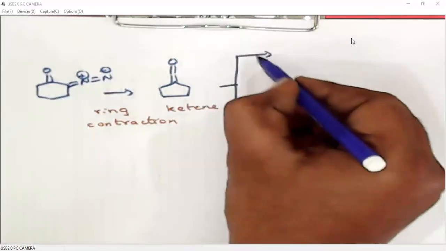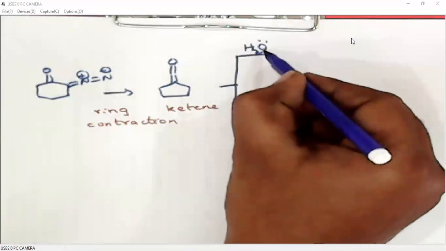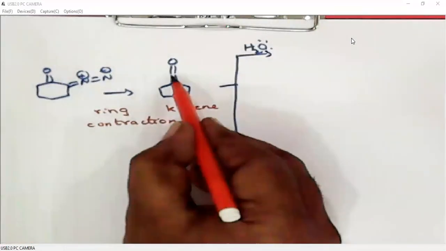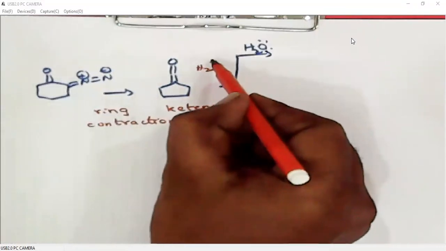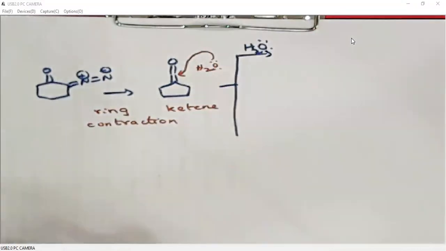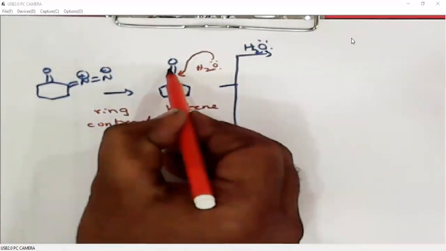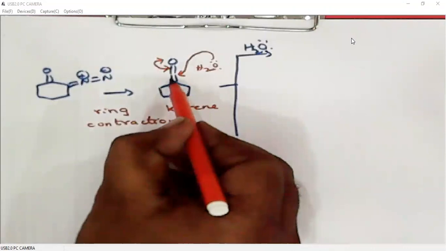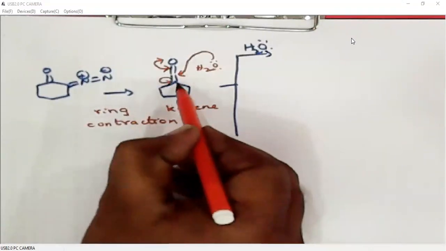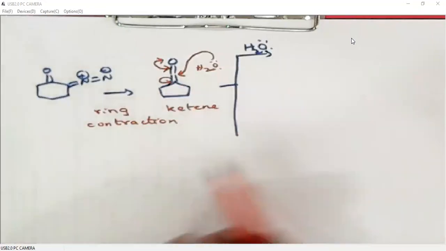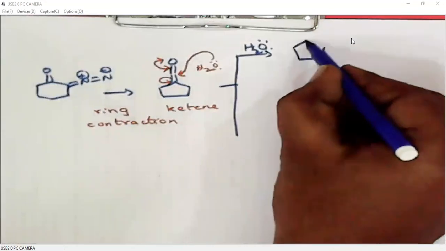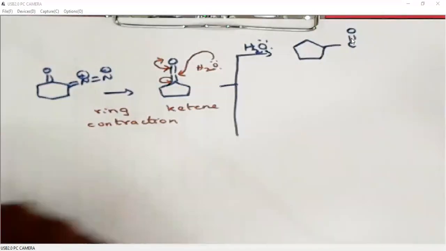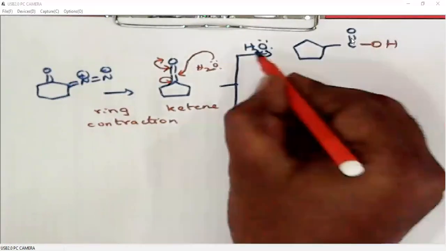When we use water, the carbonyl carbon is the electropositive system. So this oxygen with lone pairs will attack the carbonyl carbon, the ketene carbon. Then polarization of this double bond occurs. Again, it will back polarize. Now this double bond will polarize to generate a carbanion here. That carbanion finally takes a proton so that it becomes a carboxylic acid. So this is from water.